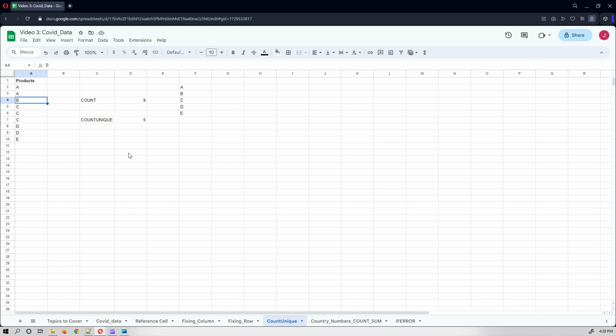So if the question is how many items are sold, we can simply do COUNTA. So COUNTA is a function which is used for text columns while COUNT is used for numeric columns. Here we're just counting the number of values present in this range and we get the result 9. But if you want to know the unique values present in this range, we'll have to use